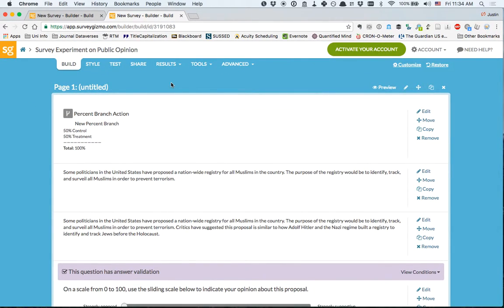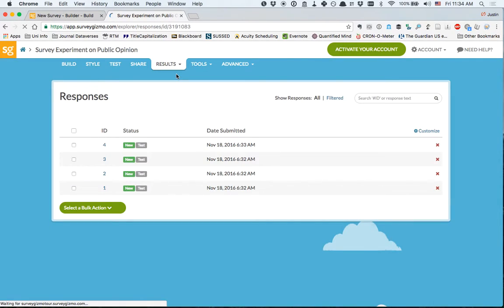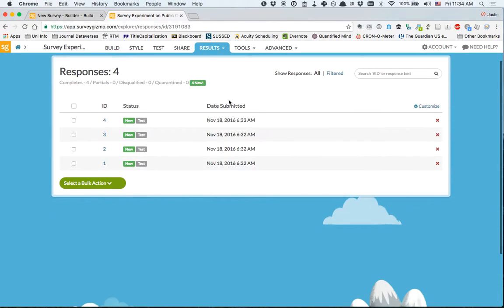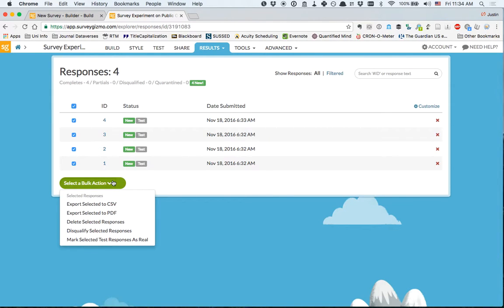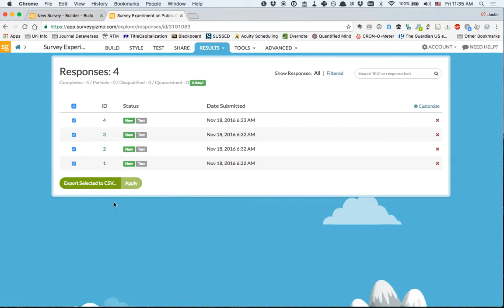All right. So once you've done that, this is the last thing I'll show you, is get your results. If you go to individual responses, this will show you how many people have taken it, in a basic kind of table format. But we will want to download that data to do proper analysis, a proper statistical approach to seeing whether or not, on average, the measurement on the dependent variable is different for the treatment group relative to the control group. All right, so if you do export selected to CSV,